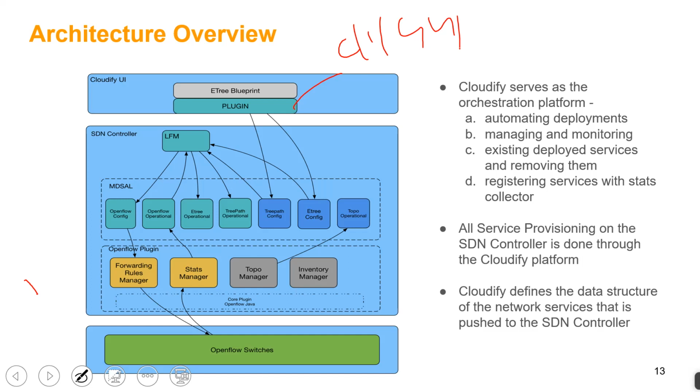Not clear? Can you repeat again the MD-SAL, what's the main focus of it? Okay, all right. So MD-SAL stands for Model Driven Service Abstraction Layer. So your controller applications, which means the intelligence that is running within the SDN controller, is built with the MD-SAL technique. And what that means is that you use YANG models. Now this is where YANG models come into the picture. You use YANG models to